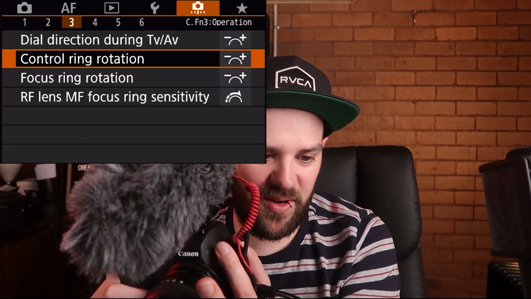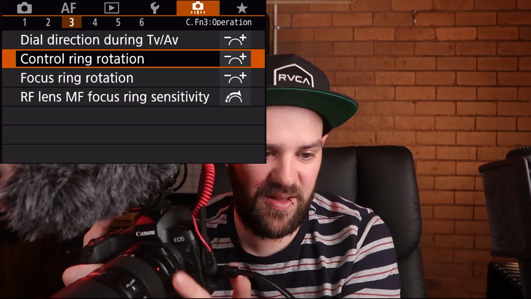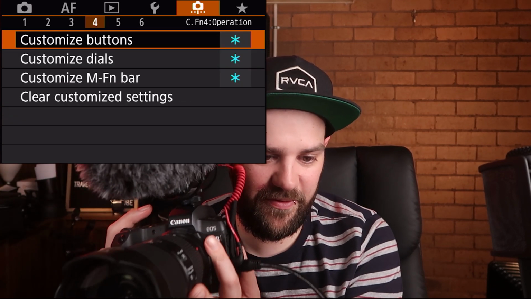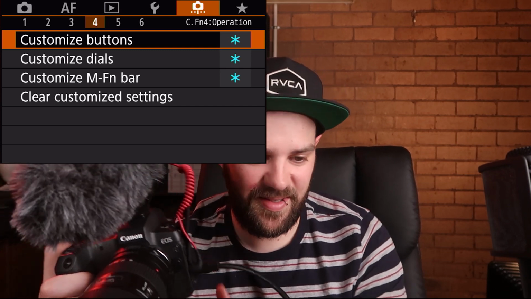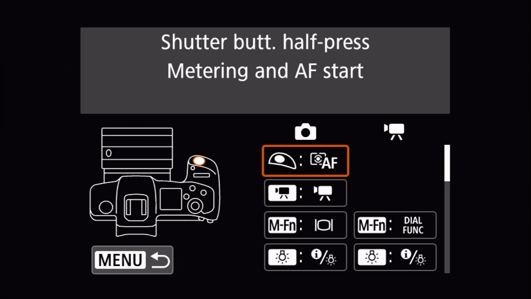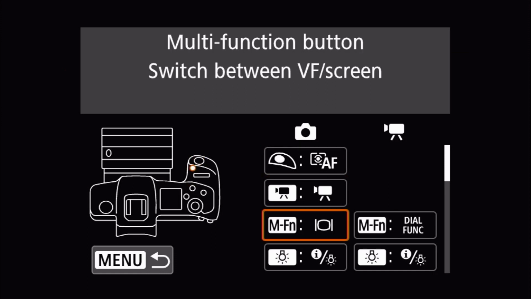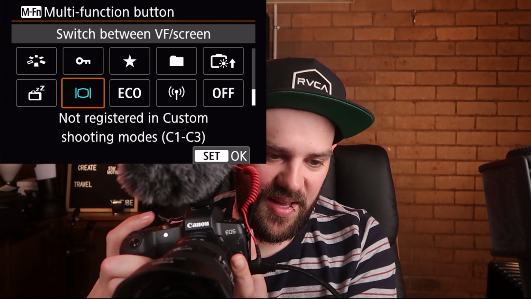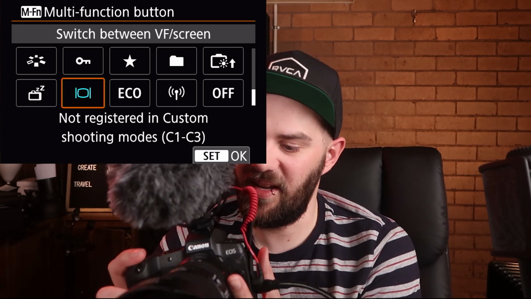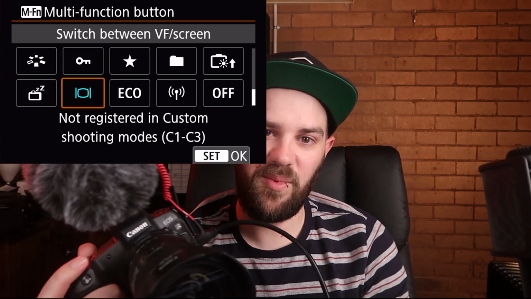When we come across to here on the 5th menu, and then we come to tab number 4 and you'll see customize buttons. So when we click into this, you can see that when I come down to here, the multifunction button, which I never use, like I've used it a couple of times, we're going to change that to switch between viewfinder and screen. So now whenever I'm using the camera, I can just push this multifunction button right here on the front and it'll quickly switch between the viewfinder and the screen,